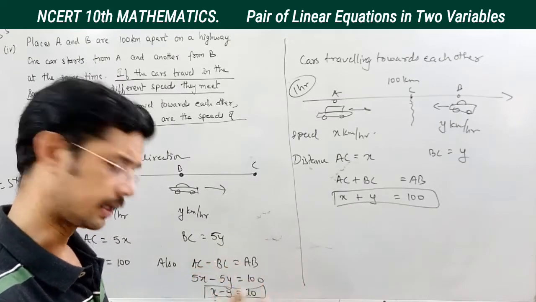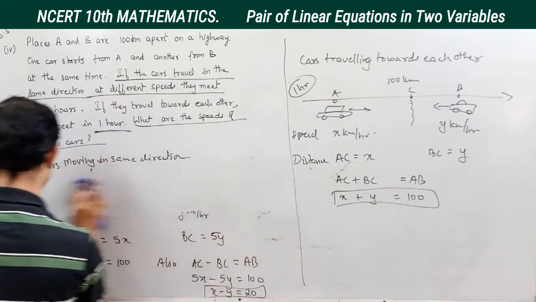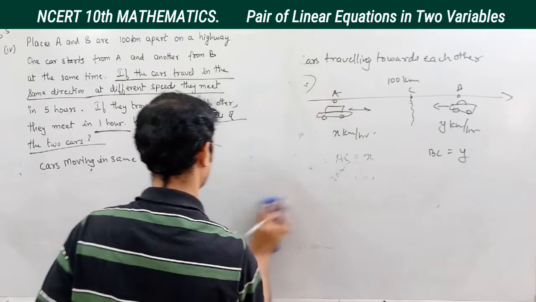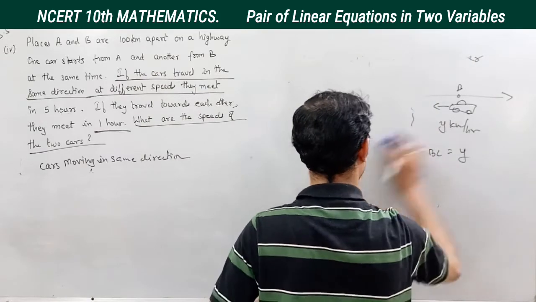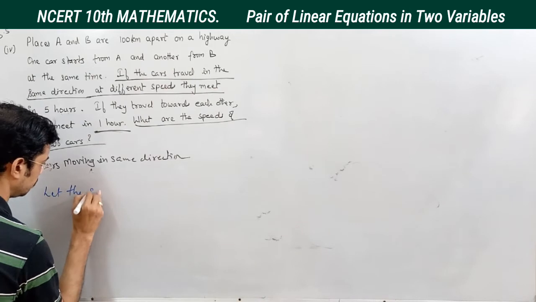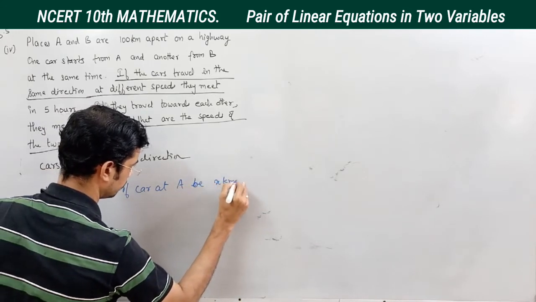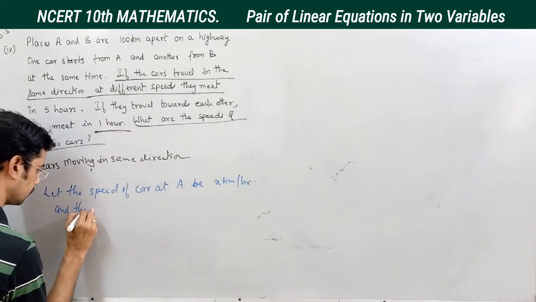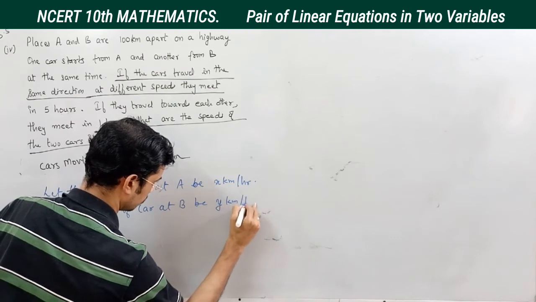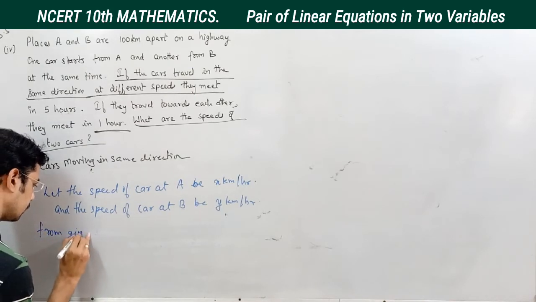Okay, now let us understand the normal way of writing. This is the situation. You can pause and note this down. So here what happens, we will assume, let the speed of car at A be x kilometers per hour, and the speed of car at B be y kilometers per hour. So from given conditions,